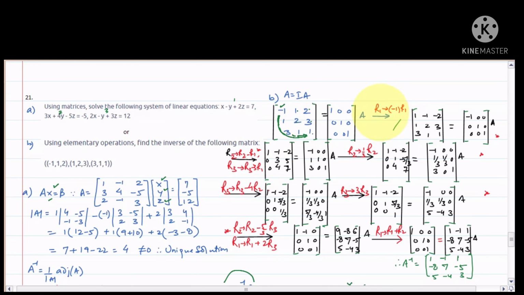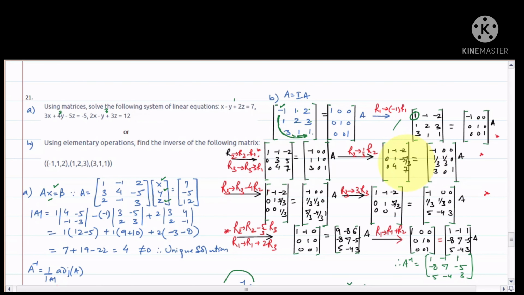So going for row elementary operations, R1 is equal to minus 1 into R1, so it gives me 1 over here, which is what I required. I need to do this operation on both the sides. That is what we are doing. In the second operation, I have gone for changing R2 to R2 minus R1. That will give me 0. And similarly, R3 is equal to R3 minus 3R1, right? So R3 minus 3R1. So it will give me 0 over here. So I have got 1 0 0.